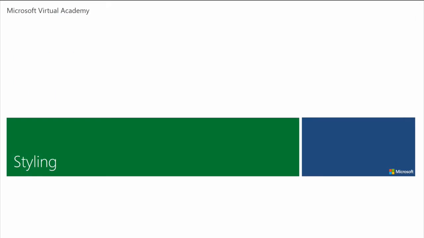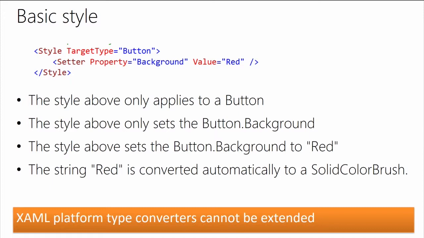All right, just the basics of styling and kind of what that is. I think we could start with the style tag. So the style tag can only be in a resource dictionary. Almost every control has a resource dictionary as part of it. That would be the control.resources, where you can put that, including all the way up to the page, including up to the application. And that allows you to have all kinds of scope, and we'll talk about the scopes in just a few minutes. But if you look at this style, the first property of a style tag